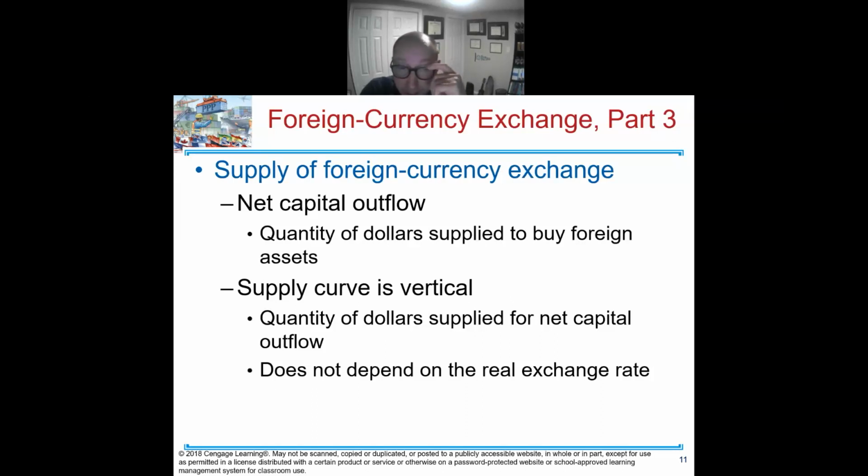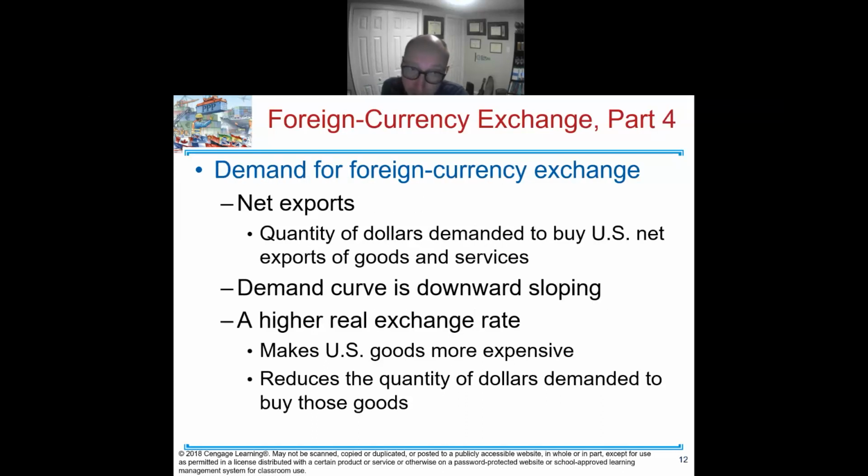So in this case, the supply curve is vertical, up and down. It's a quantity of dollars supplied for net capital outflow, and it doesn't depend on the real exchange rate. All it does is, instead of being dependent on the foreign exchange rate, it's dependent on supply and demand. So the demand for foreign currency is based off of net exports,